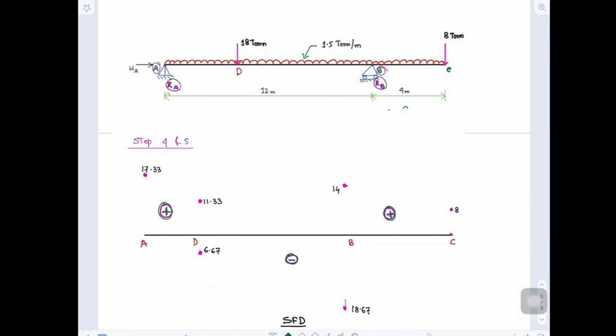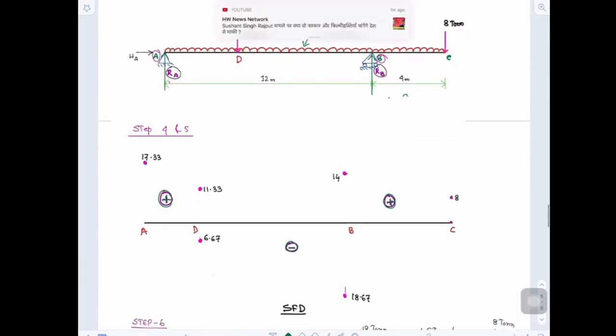Okay, now as RA in the upward direction, I have drawn another reference line. The reference line is nothing but the beam. This is my reference line, which is nothing but my beam. Now in this beam, I start to draw the shear force diagram from the left side, and on the left side there is an RA force which is upward. So I have marked the 17.33 in the positive portion by approximation.